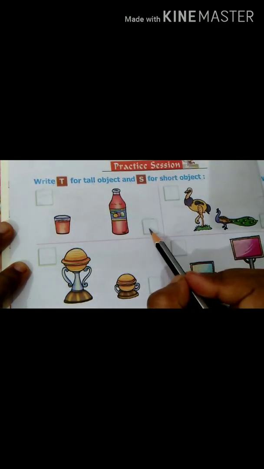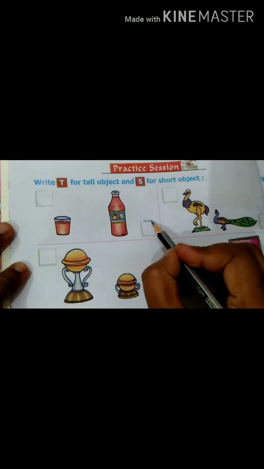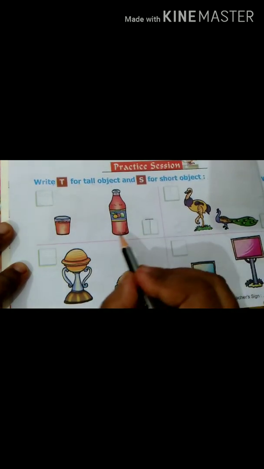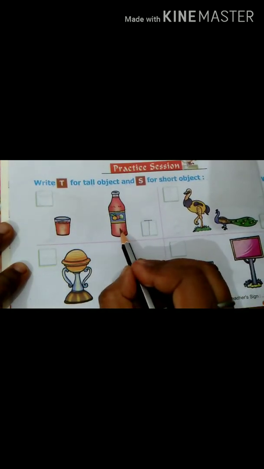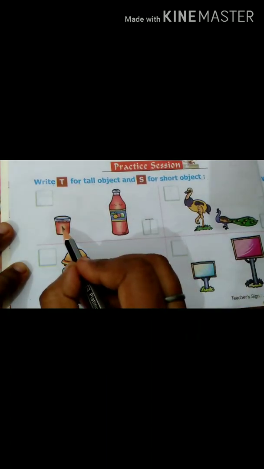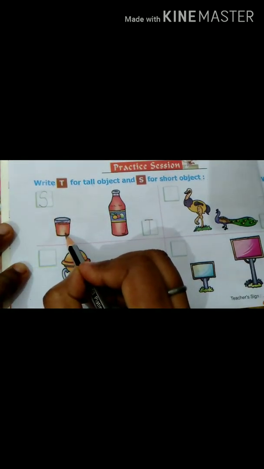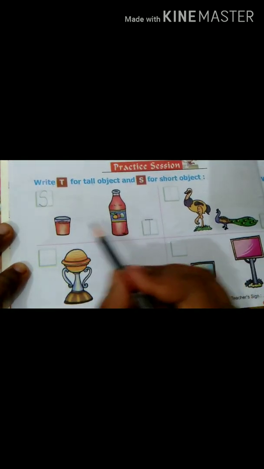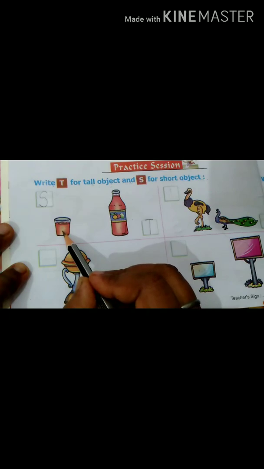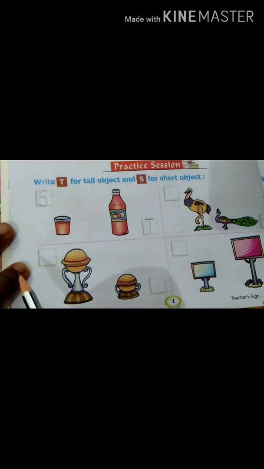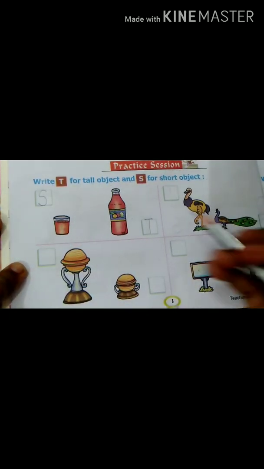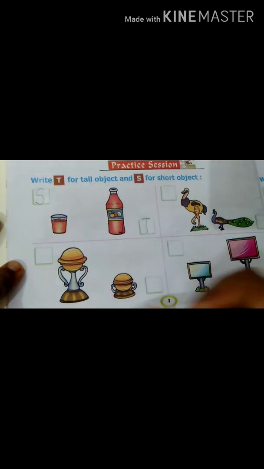So in this box you will write T for this bottle because the bottle is tall, and in this box you will write S for this glass because in comparison to the bottle this glass is short. Okay, this way you will complete this work.